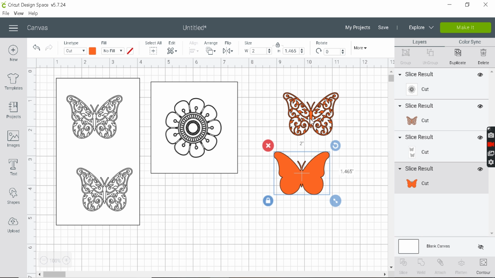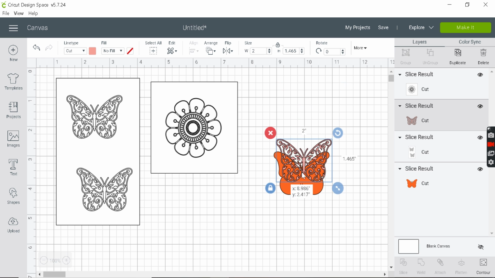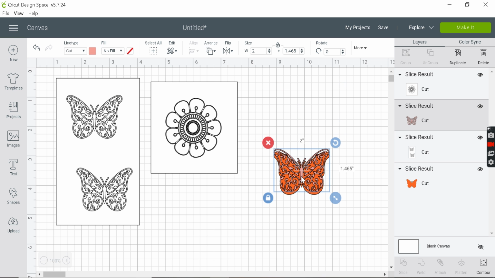So now I'm going to change the color of this so it will be easy to see. Which should be great. So there you have your layered butterfly.